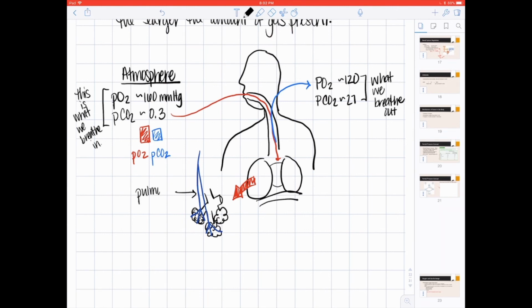So this is our pulmonary artery, and it's going to deliver deoxygenated blood to alveoli. Now when